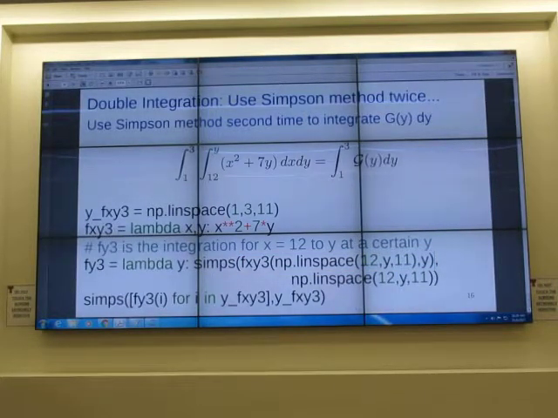Basically, the input for the Simpson user-defined function is x as a vector and y as a vector, the height at each point of x. To calculate that height, you put it in this function. I just create a function. So this fy3 is the same as gy. I didn't do anything yet, not any integration. And then when I integrate it,